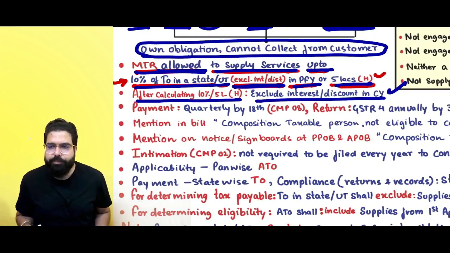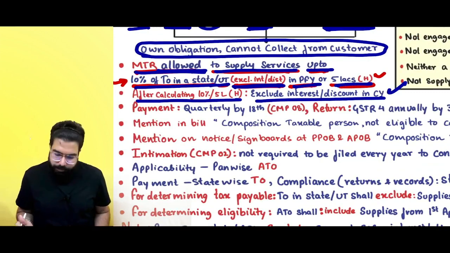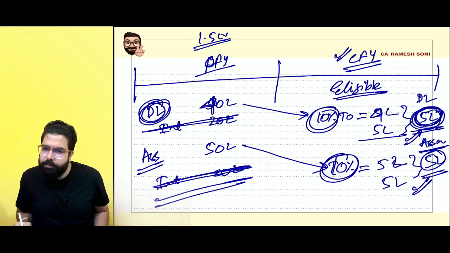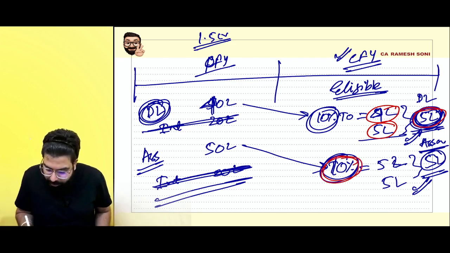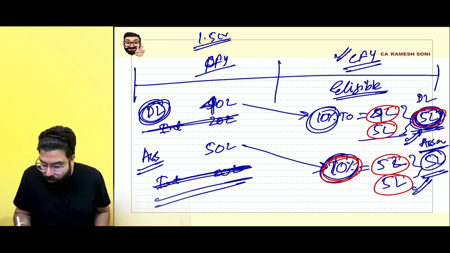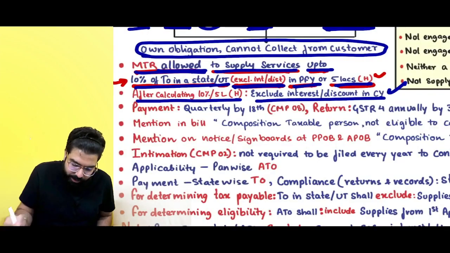Next. Here you have to remember 4 lakh or 5 lakh, whichever is higher, it will come 5 lakh. In here you have to remember 5 lakh, which is 10%, or 5 lakh, whichever is higher, so it will come 5 lakh rupees over here also. Yes sir, point is clear.